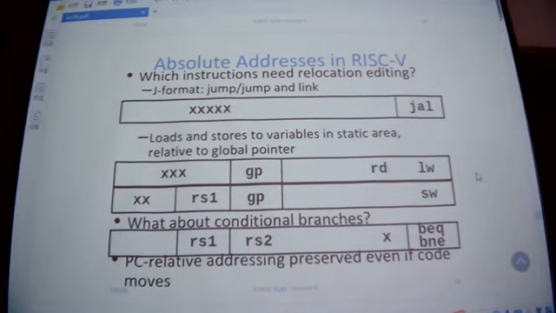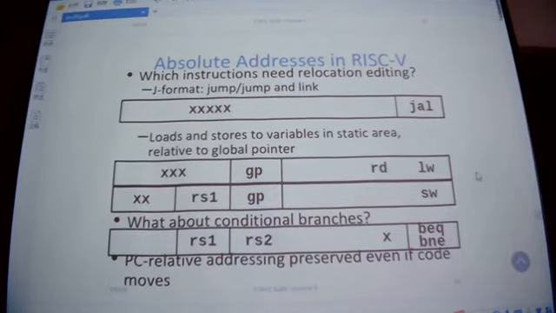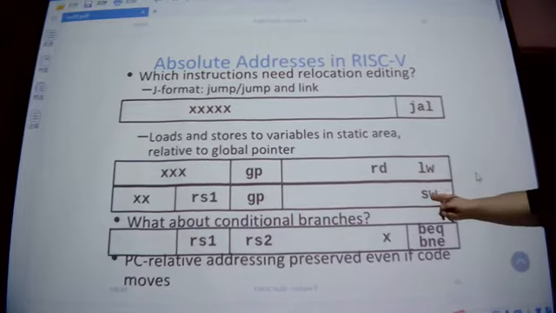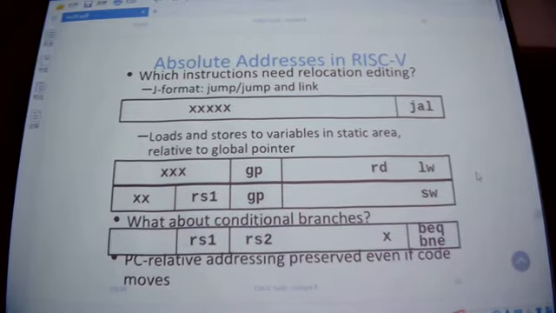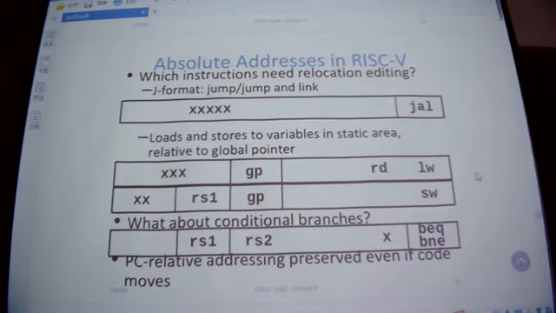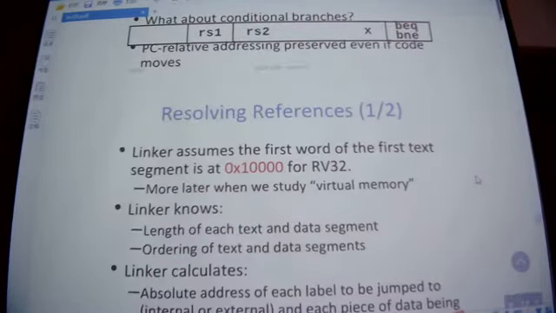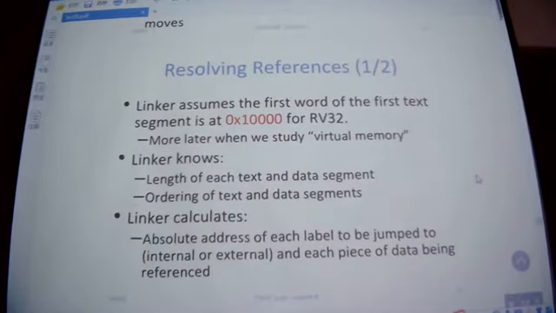The linker assumes the first word of the first text segment is at a fixed address for RISC-V,